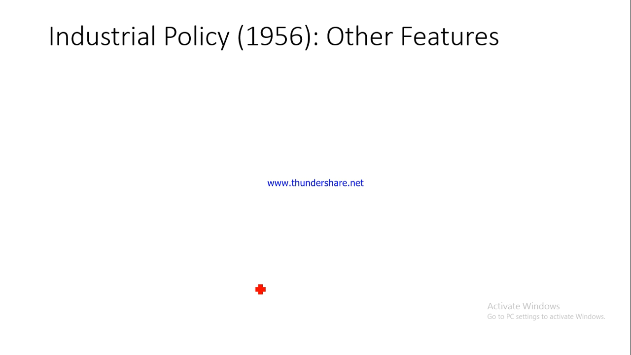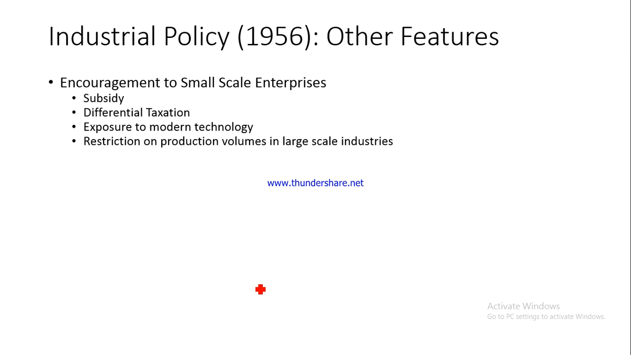Let's have a look at the other features of the industrial policy 1956. Small scale enterprises were encouraged. I think you know what was the logic behind this. You know that small scale industries generate a lot of employment in India. Large scale industries are only located at a few industrial centers in the country, while the small scale enterprises are almost evenly distributed throughout the country, so they can play a big role in ensuring that there is a balanced regional economic development. So there are so many aspects which make small scale enterprises very, very important for an economy,